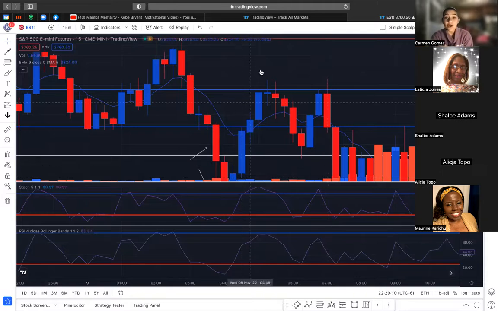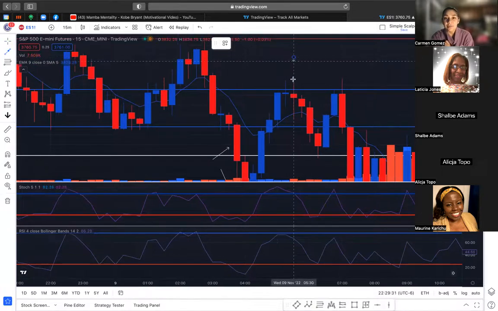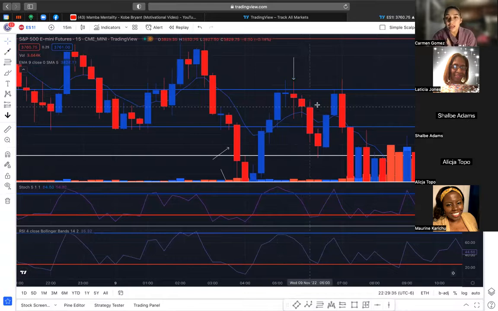So I see now, okay, well, I want to now factor in a sell. I see now that it broke down, it retested, and I know this is a very strong point of resistance because of the amount of times it's touched before. This is a solid area for a trade idea. So now I'm looking to get into here, okay? But all of this information is no good if I don't have my other confirmations.